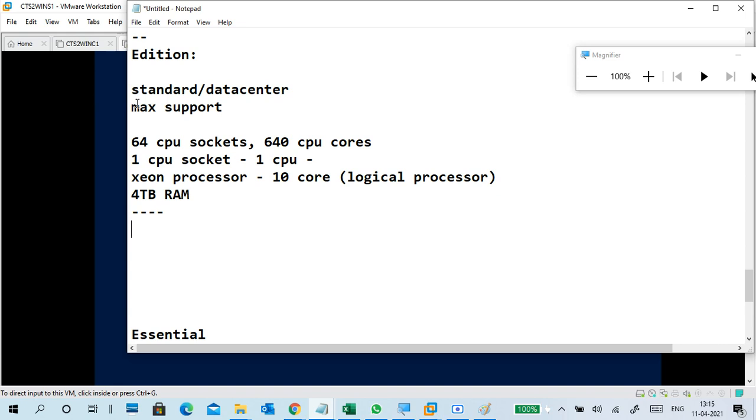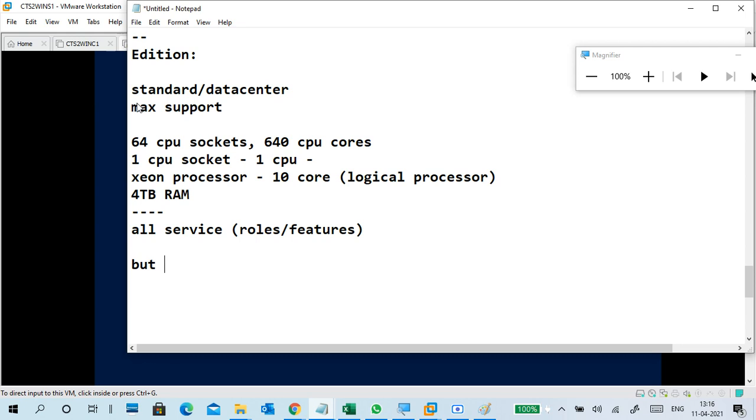And 64 terabytes of disk space, which is practically unlimited. It supports all services, meaning all roles and features.